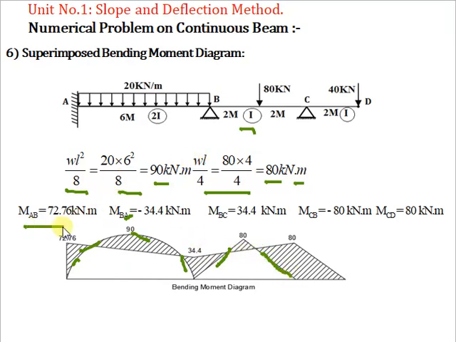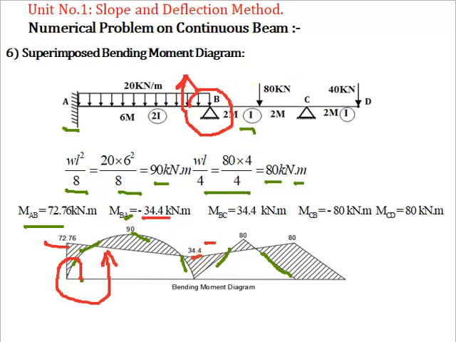Now the end moments. The first one is 72.76 for end A, and it is positive, that means anticlockwise sense. So at A, rotate in an anticlockwise sense about A, and after one rotation the arrow comes up, so show it up. And for BA it is minus 34.4 kilonewton meter. So keep a pen close to B and rotate about B; minus means you have to rotate in a clockwise sense. After one rotation the arrow comes up, so you have to show up 34.4.